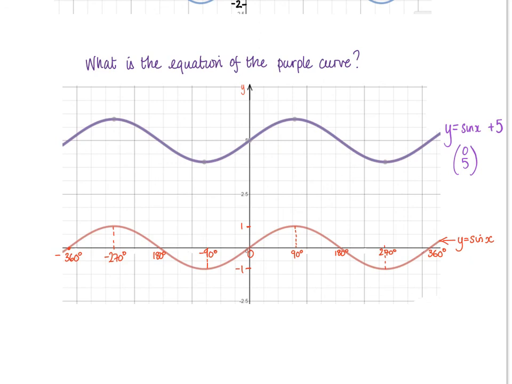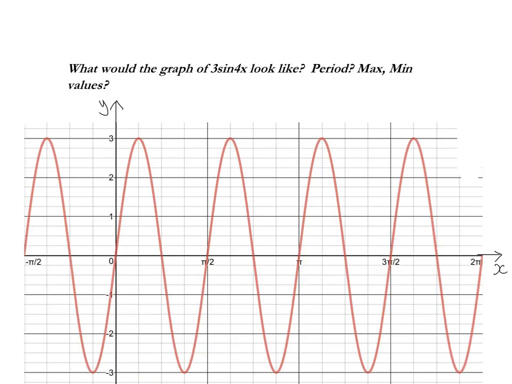So what I'd like you to do is have a go at sketching the graph of 3 sine 4x. What's its period? What's the maximum? What's the minimum values of this curve? And you can see below, I've put it there, you're going to have 4 times as many. This is a stretch scale factor 3 in the y direction. So I'd like you to put all this information, period, maximum, minimum values, on the axis, etc. I've done it in degrees because that's how Desmos draws it, but you can put these into